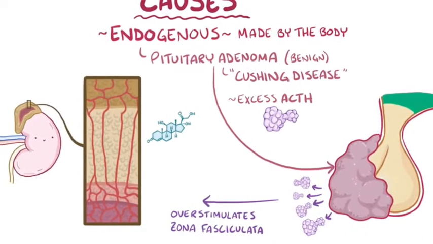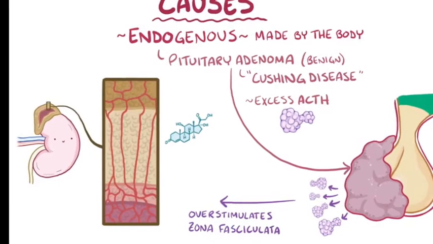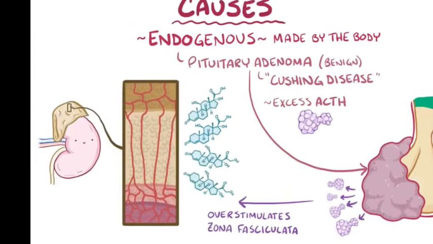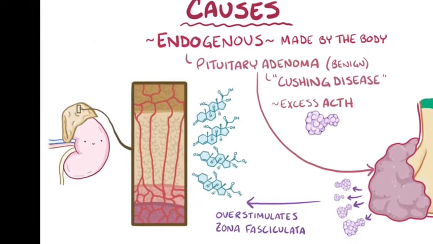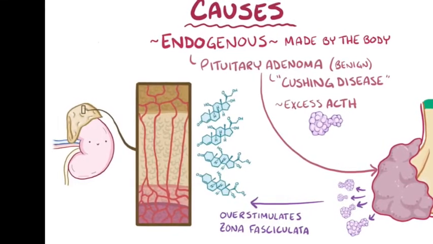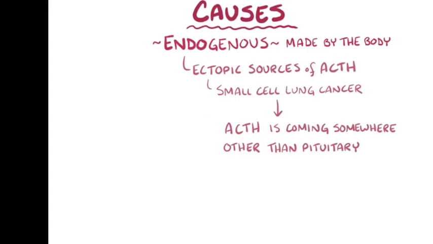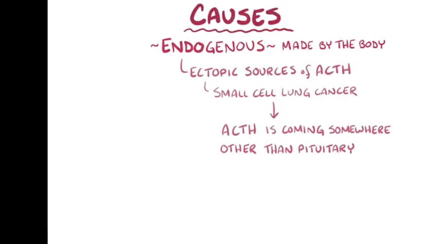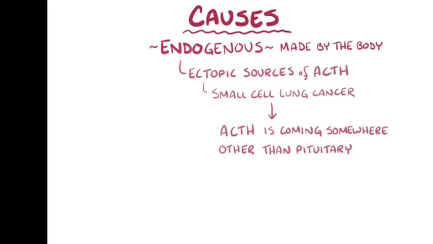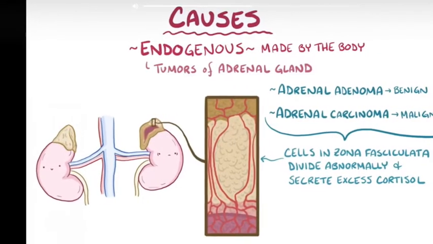Endogenous cortisol is actually made by the body, like in pituitary adenoma. This is called Cushing disease, or excess of ACTH. This will then overstimulate the zona fasciculata. So the causes of endogenous, other than the pituitary, is